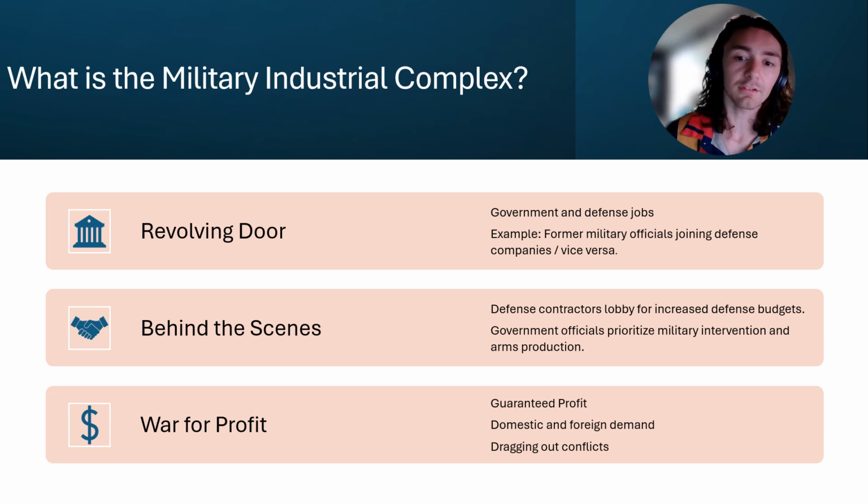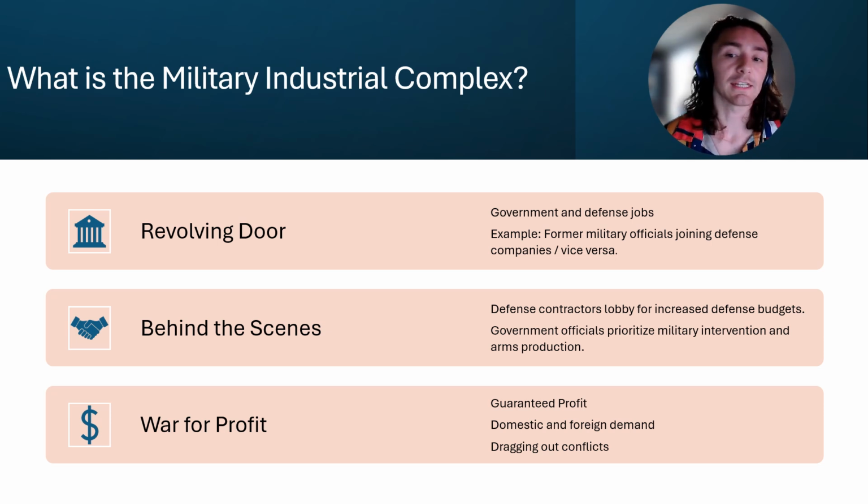Behind the scenes, defense contractors lobby for increased defense budgets, and government officials prioritize military intervention and arms production over working for peace and over the good of the American people and people across the world. It makes it to where humanitarian issues are out the window and war is incentivized, which is how we get to war for profit, where